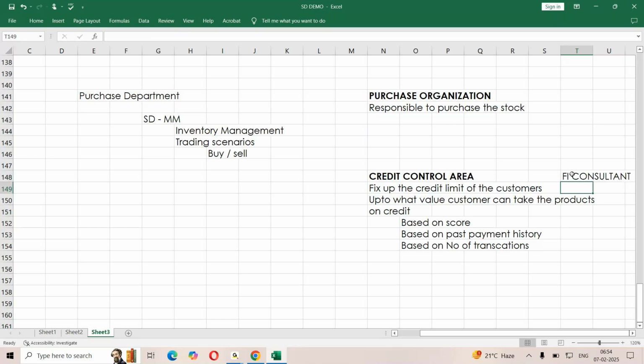We are going to look into a concept called FSCM credit management, which is the integration of SD with FI. When we talk about FSCM, it stands for Financial Supply Chain Management.